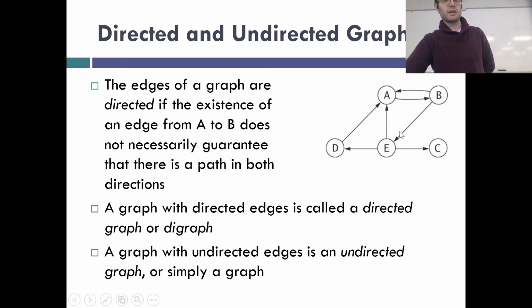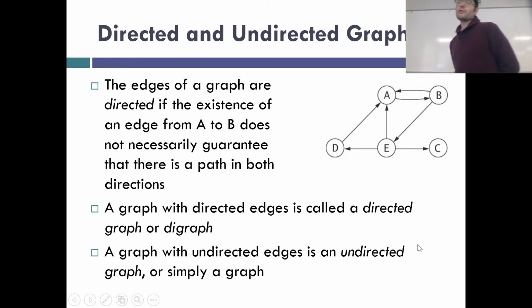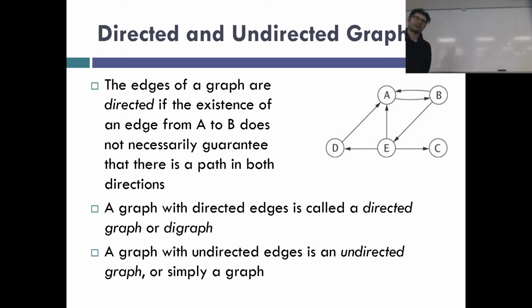E to A, but not A to E. This is called a directed graph, or sometimes a digraph for short. And then if it's undirected, we just simply call it a graph, right? Or an undirected graph, right? Undirected is the default assumption. Directed is,